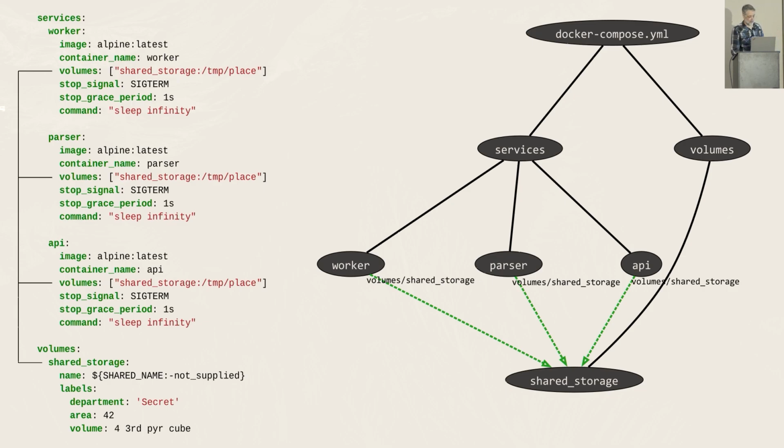Okay, so this is obviously a Docker Compose file. And so it's an example of the tree structure with references. You might also be able to see that it has a resemblance to those spanning trees with the dotted lines in it. Okay, so where are the references then?